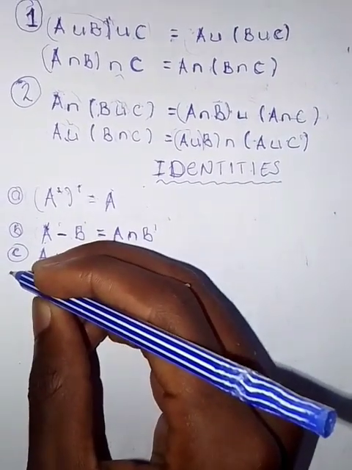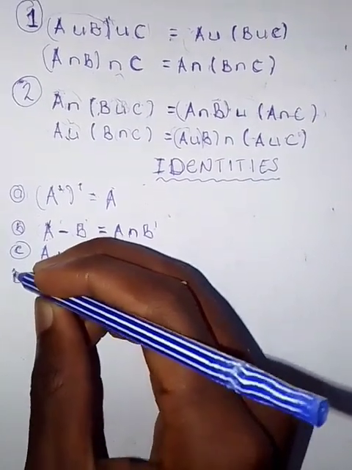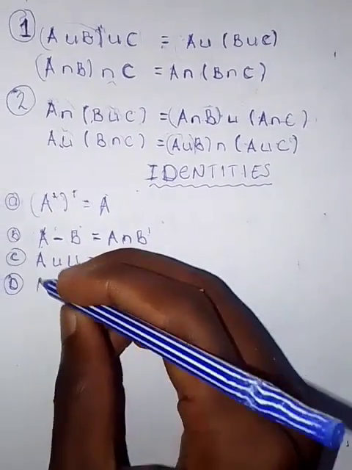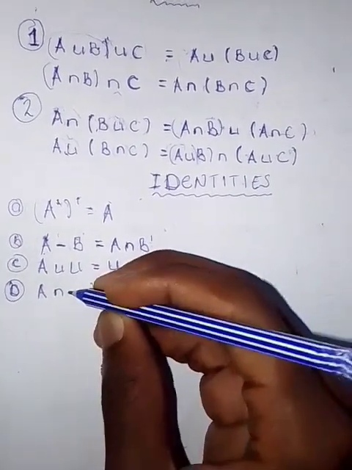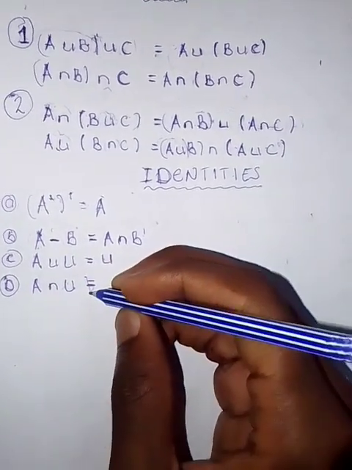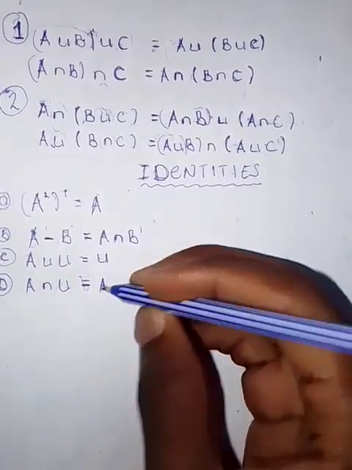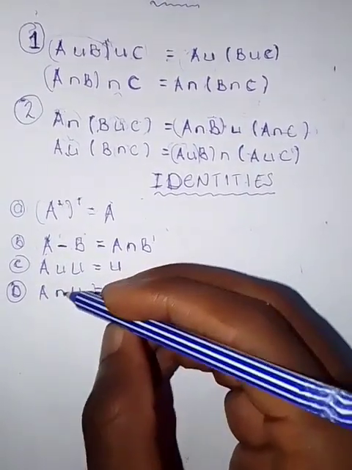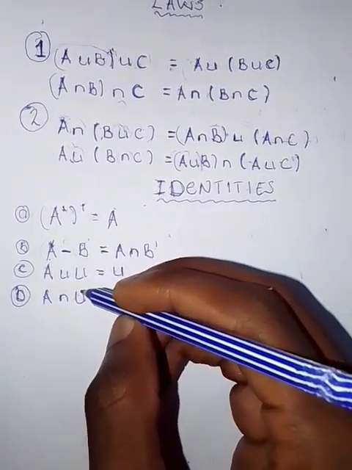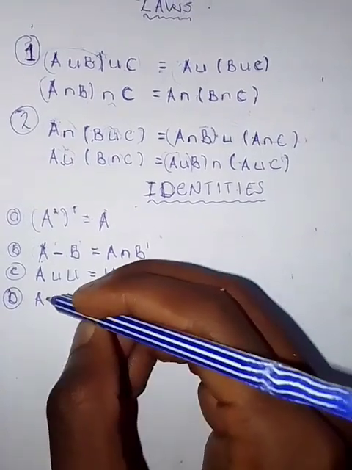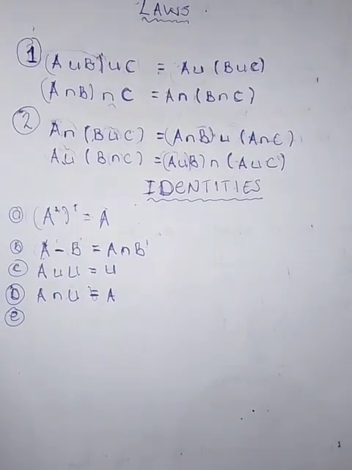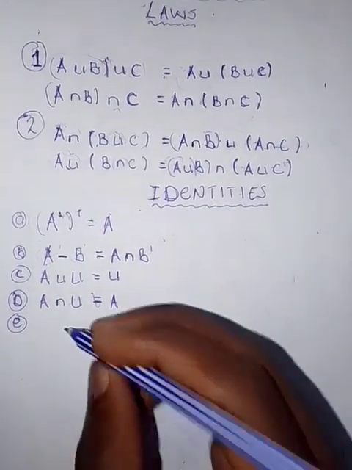And then another identity. If we intersect, this time it's intersection, a set with a universal set, you are going to get the set itself. What does this mean? If you try to find the elements found between a set and the universal set, where every element of the set is found, you are going to get the set itself. And then E, when you intersect a set